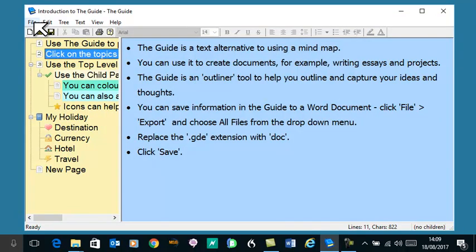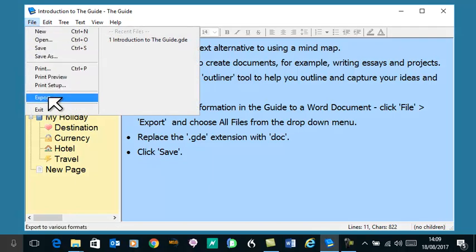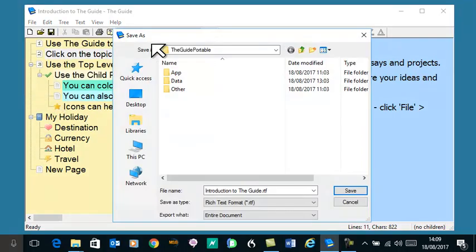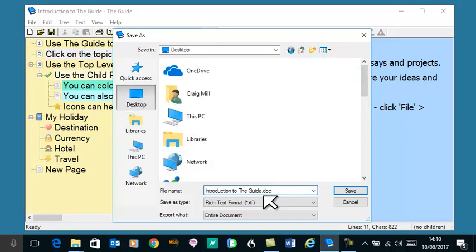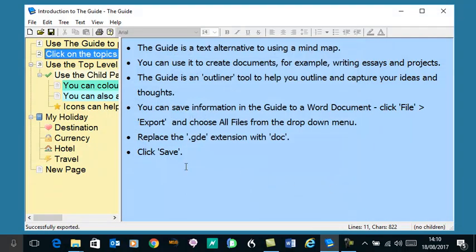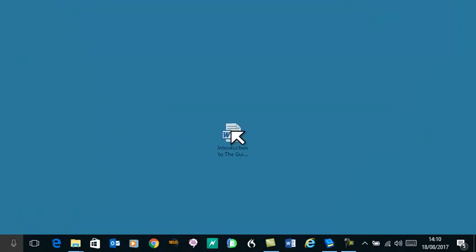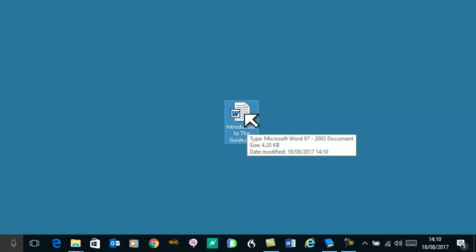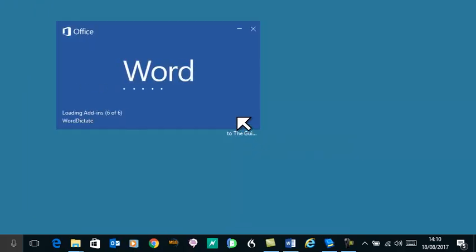Or the other thing I could do is go to File, and Export, and rather than saving it as an RTF, let's change that extension to doc. So I'm going to convert it, export it as a doc file. I'm going to stick that on my desktop. So introduction to the guide, doc, and save. Okay, I'll just minimize this now, and I'll bring up that document that I've just saved, Introduction to the Guide, open it up, and hopefully,